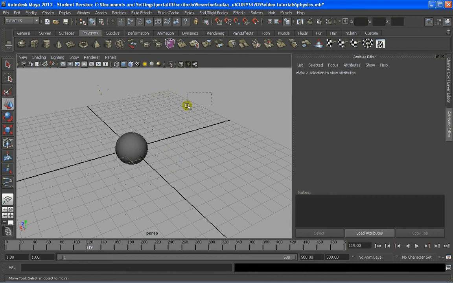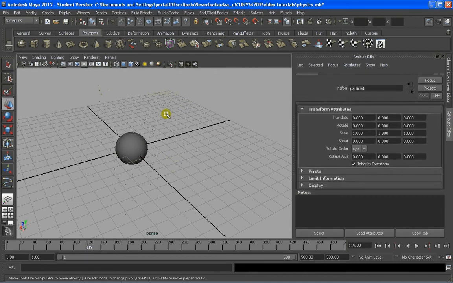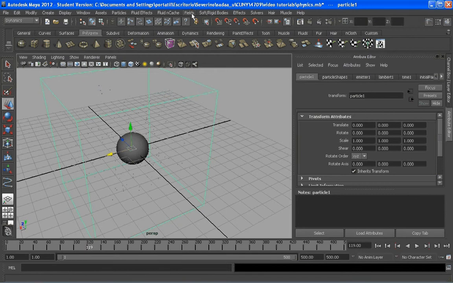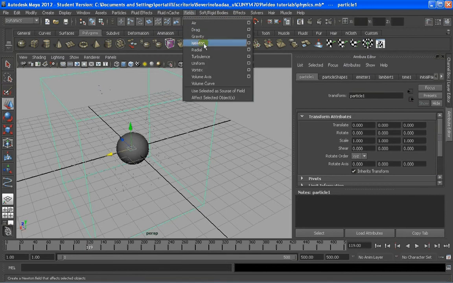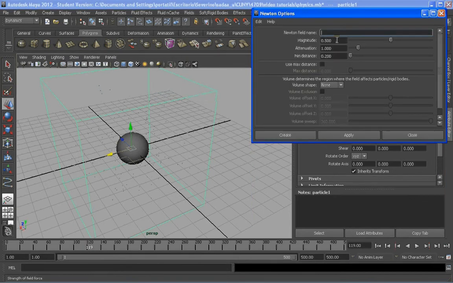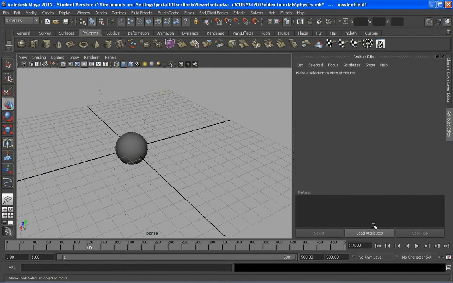So I'm going to select the particles. I'm going to apply first Newton, options, and I'm going to leave it at 0.5, create. And let's see how they behave differently. If I start the animation,